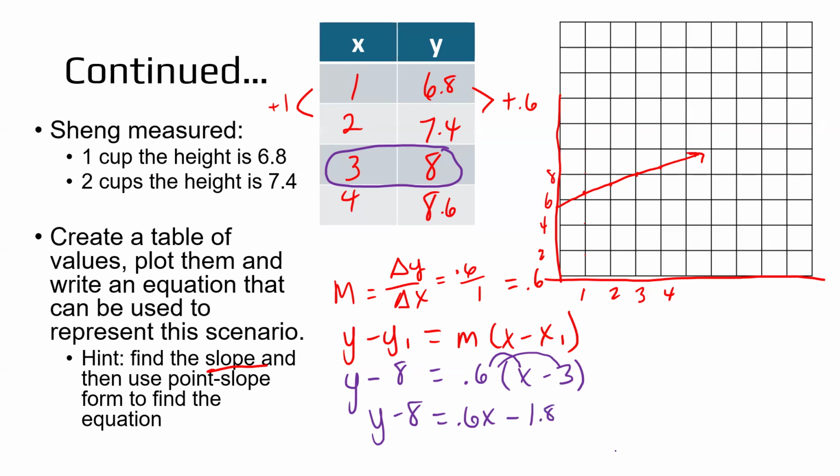And then what's the last thing I need to do to get y by itself? Add our 8. So what I do to one side, I do to the other. So our equation is going to be y equals 6/10 x plus what? If you have $8 and you spend $1.80, what are you left with? Six what? 6.2. If you have $8 and you spend $1.80, you're going to be left with